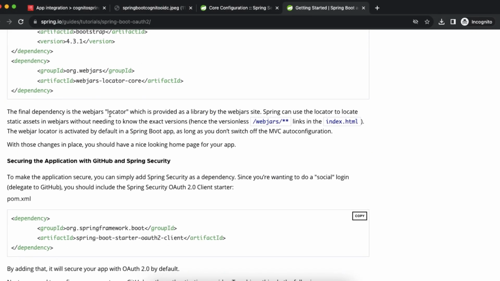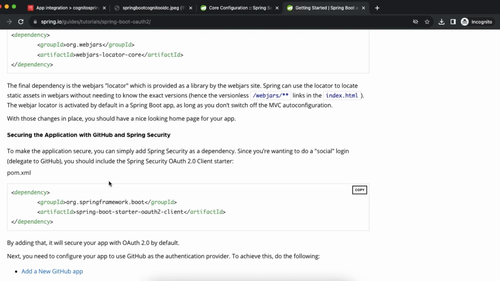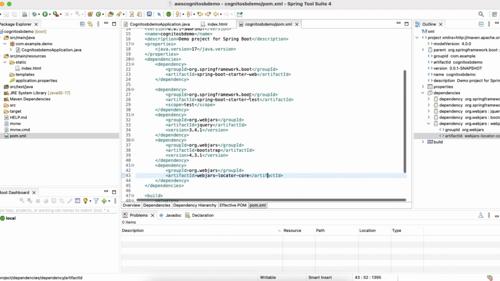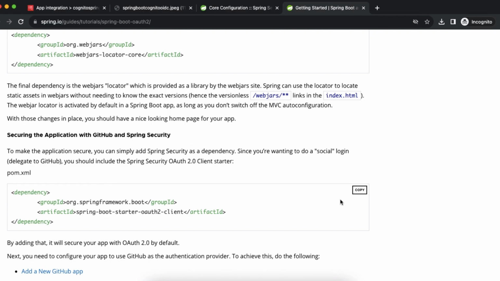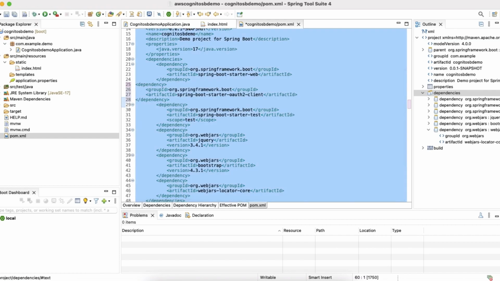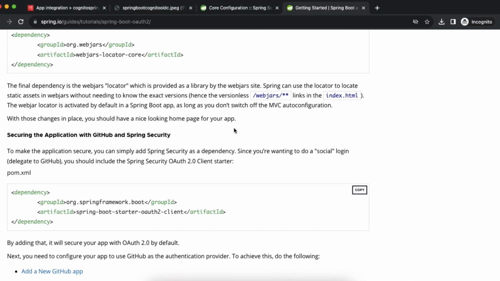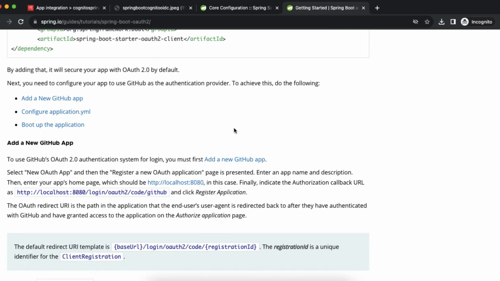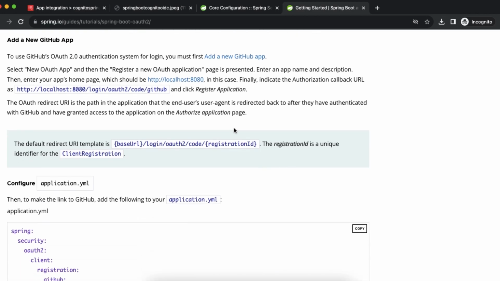And the next step is it says we need to actually make the application secure, so we need to add the Spring Boot starter OAuth 2 client. Just make sure it's not already there. Starter web is there, but there's no OAuth client, so copy that and add that dependency. So now we have added all the dependencies. We created an index.html. Now let's go to the next step of actually adding the Cognito identity provider details in